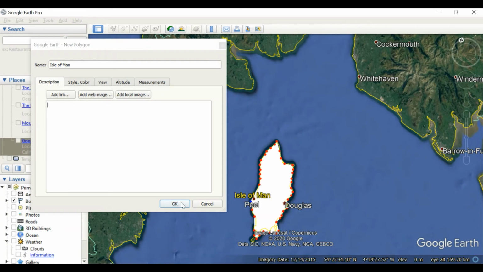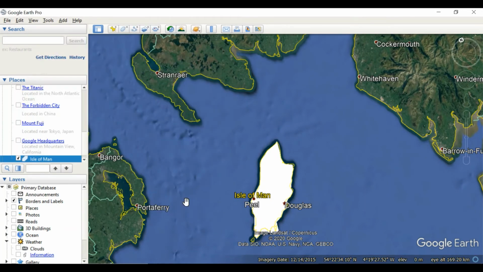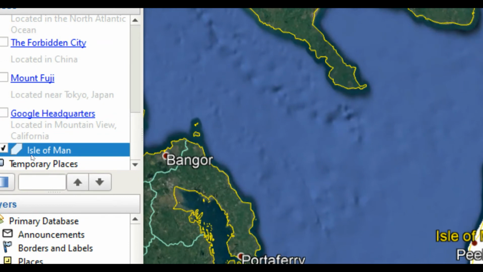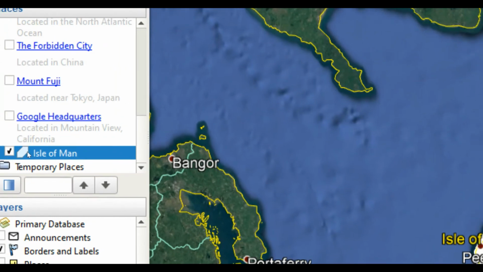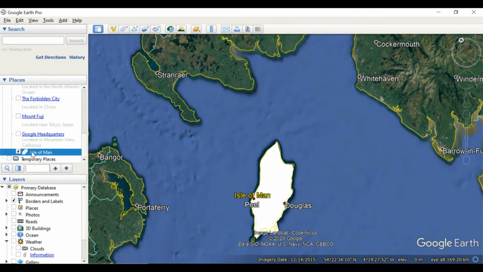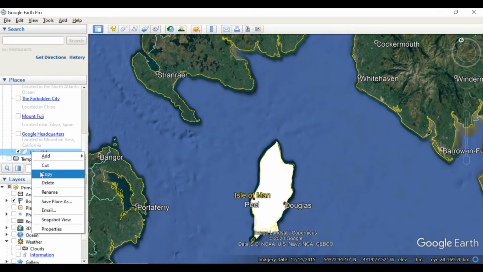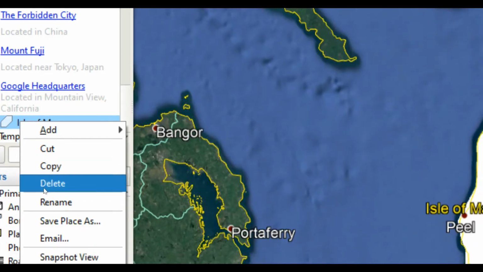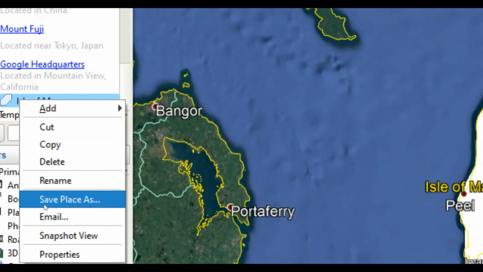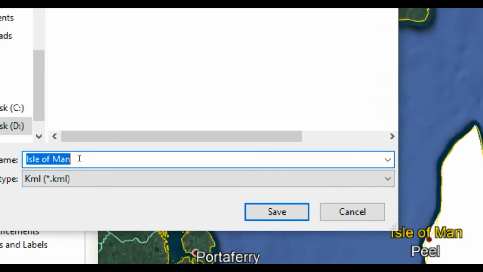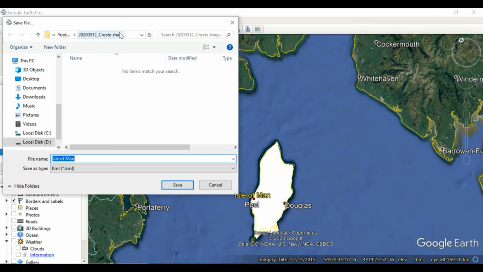So once we are done, we need to click OK. So you see here, we have Isle of Man as a new file over there. So now we need to save this. So we right click and then we choose Save Place As, give it a name and select the location of